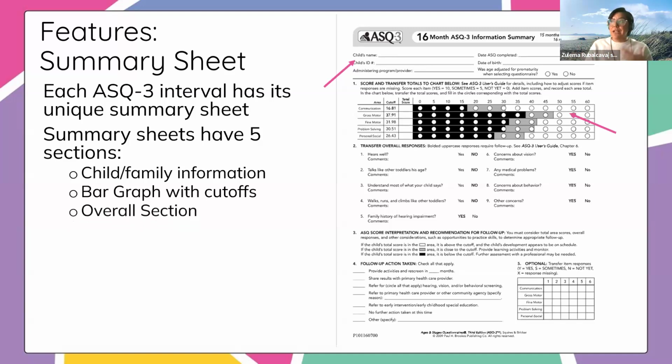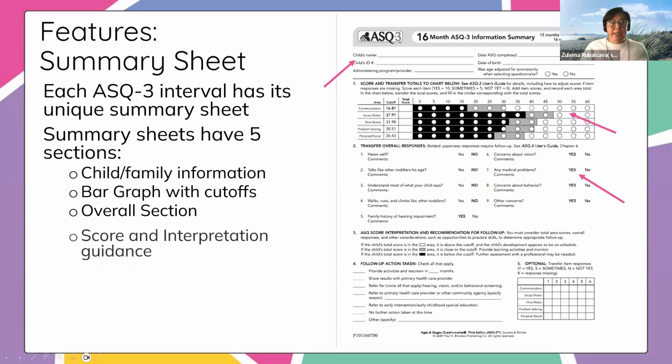It's going to have a way to transfer over all of those questions in the overall section. And again, visually, I just want to highlight, it's so great, right? You can sort of see these 3 different shadings, and we're going to get more into this quickly. But you can see if the family circled an answer that is bolded and in capital letters, that's a visual cue that we should follow up on that. That's a concern, right? And so we'll talk a little bit more about this as well, but I just wanted to highlight the visual method.